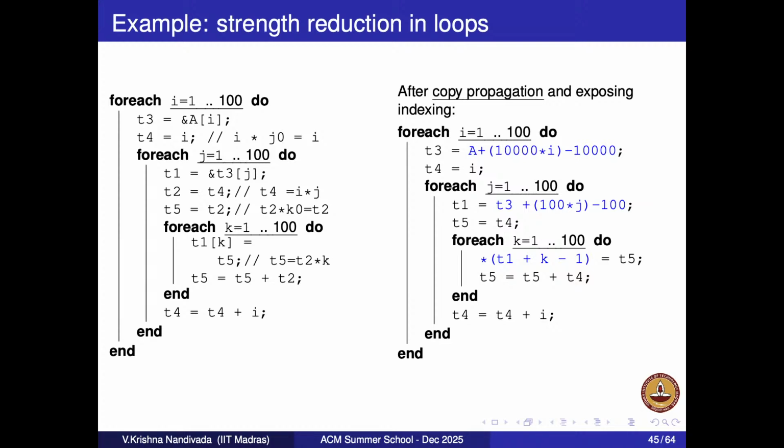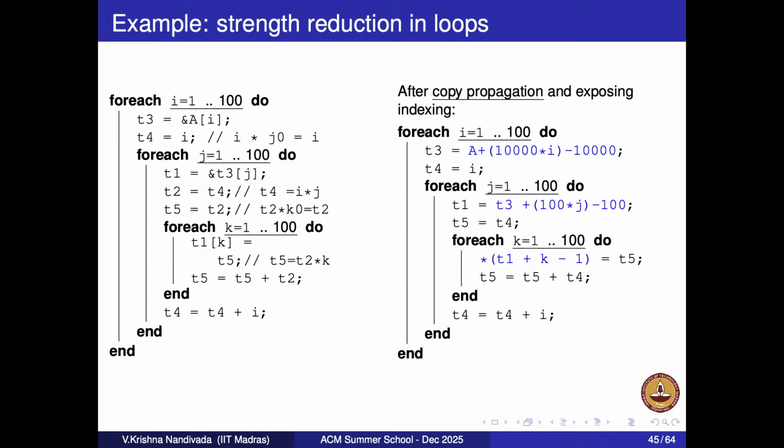Okay, I will first expand. See, this is what I am actually writing to: star T1 plus k minus 1. This is what I am writing. Right? This array is nothing but this. Correct? Similarly, this array